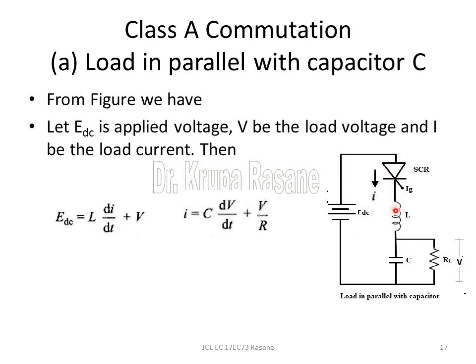See, this current which is flowing through the inductor comes here and it will divide into two parts. One is flowing through the capacitor and the other is flowing through the resistor. So the equation for I can be written as C into dV by dt plus the current through the resistor, that is V by R. So let us begin analyzing this circuit. We are supposed to find the values of L and C and understand this circuit using these starting values EDC and I.